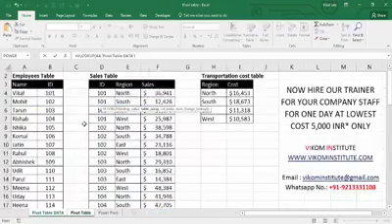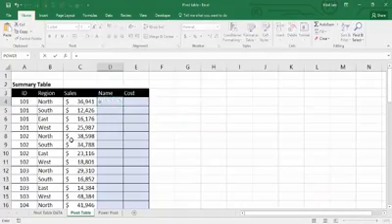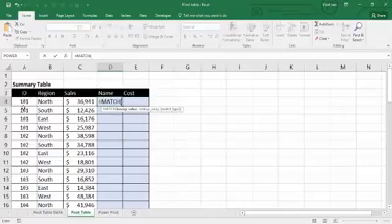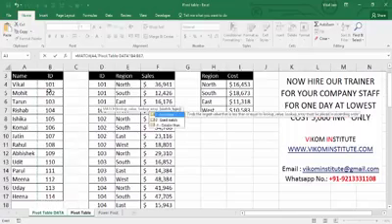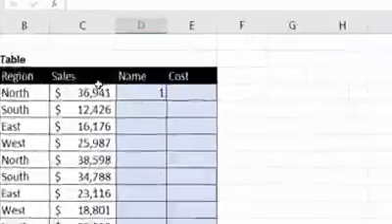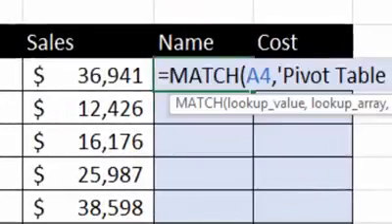Okay, so see, my ID is here and my name is here, so VLOOKUP cannot be performed because VLOOKUP only goes left to right. So we are going to use, yes, you have guessed correctly, MATCH or INDEX. MATCH lookup value is this, comma, lookup array, yes, this, comma, 0. So first position, then going to use